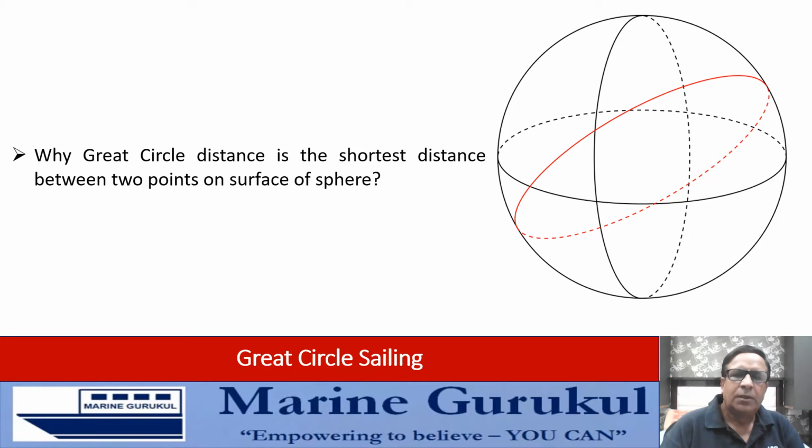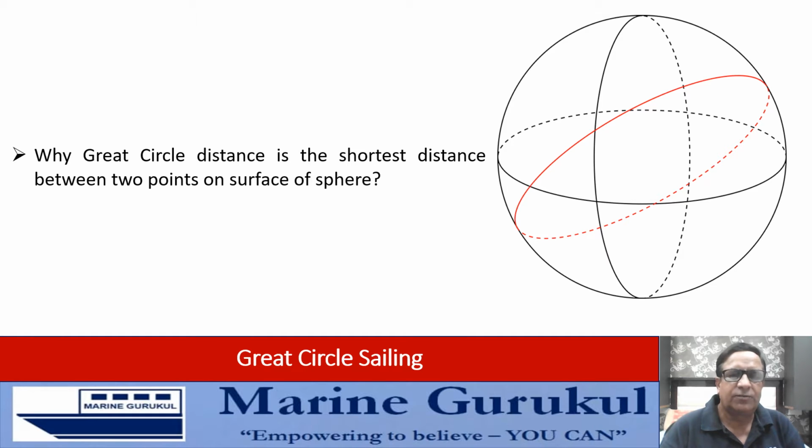We know that the surface of the sphere is curved. So any 2 points on the surface of the sphere cannot be joined with a straight line along the surface, because the surface is curved. So that means they have to be joined by an arc. Now we also know that as the radius of the arc increases, its curvature decreases. Decreasing curvature means the arc is tending closer to the straight line. So if you have an arc with the least possible curvature, then obviously along that arc the distance shall be